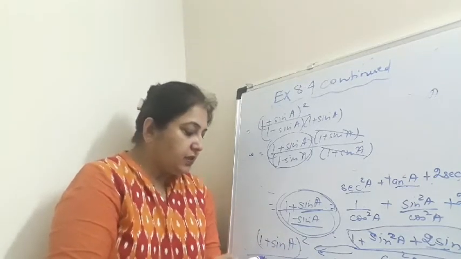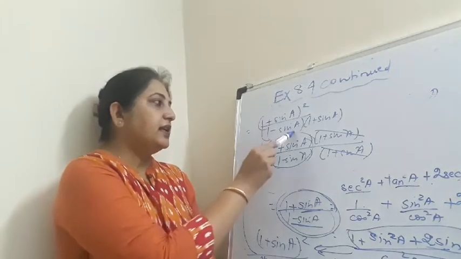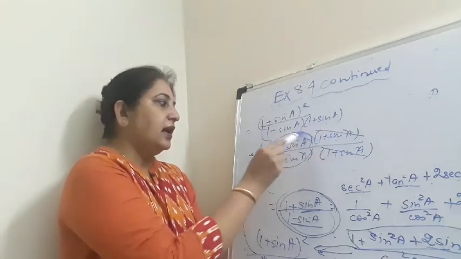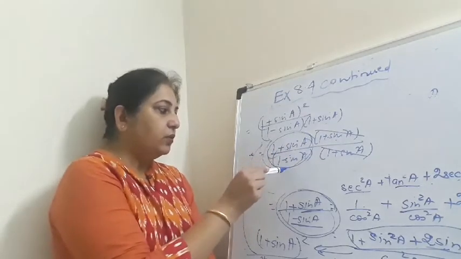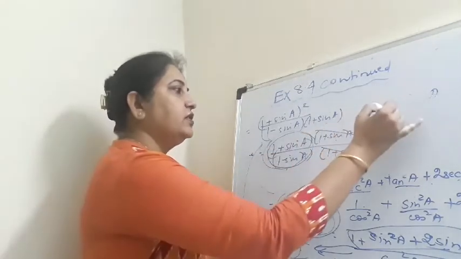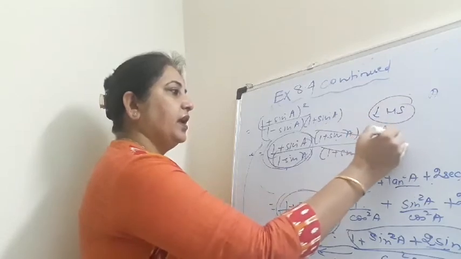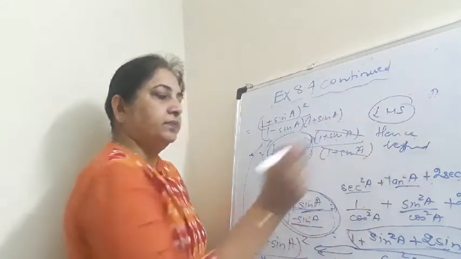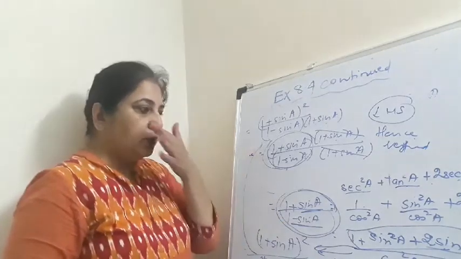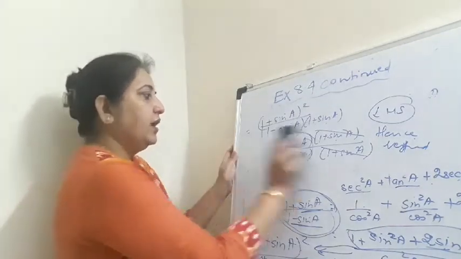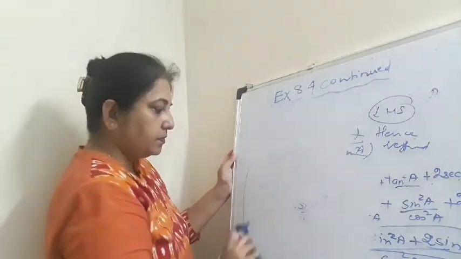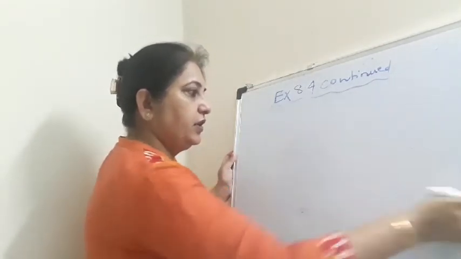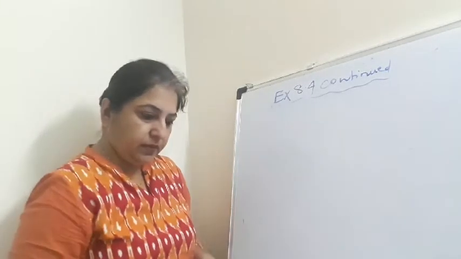Now 1 minus sine square A can be written as 1 minus sine A into 1 plus sine A, and therefore when I cancel this, I am left with 1 plus sine A upon 1 minus sine A, which is equal to LHS. Hence in the end I can write hence proved or hence verified. So is it clear? So how will we do this question? I told you to square both the sides. So as I told you before also, please go through the question carefully and then start solving, right?